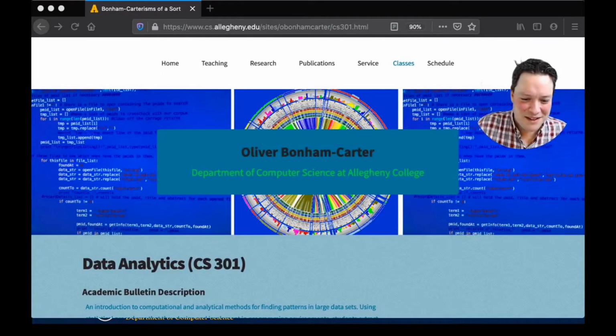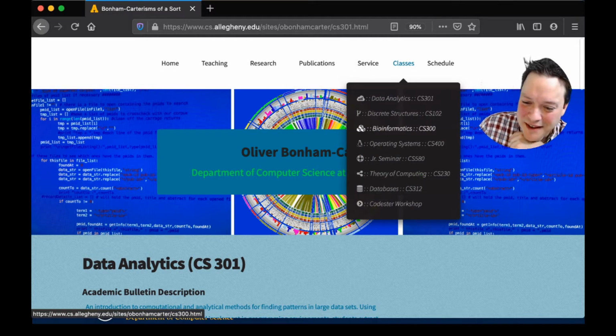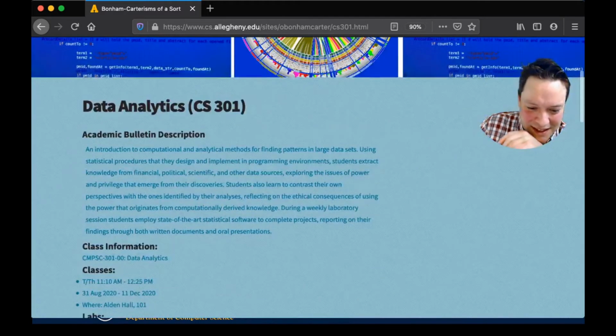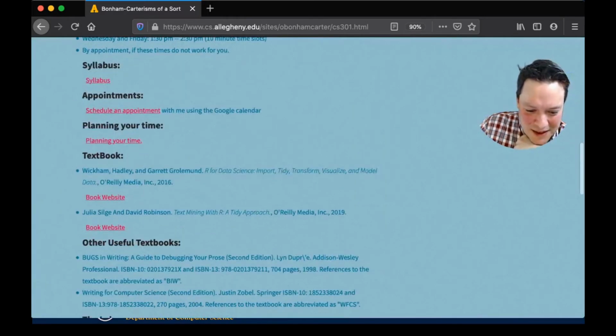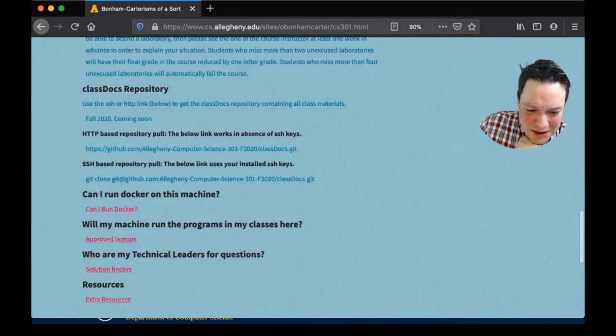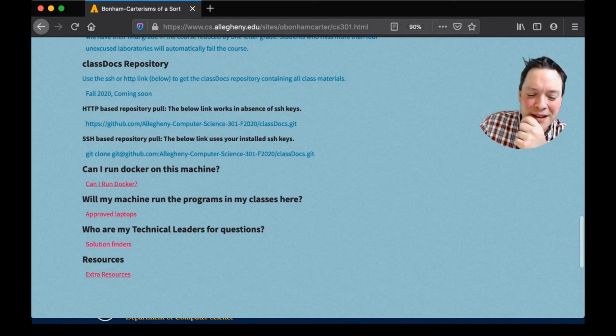What I'd like to do next is talk about some slides that we're going to be working with. I'm going to transition you, and hopefully it doesn't make anyone feel like they're going to pass out. The new slides are up there, and I've added a couple of things to the data analytics page. If you get onto the bottom here, you'll find, for instance, today we're going to be talking about a tool